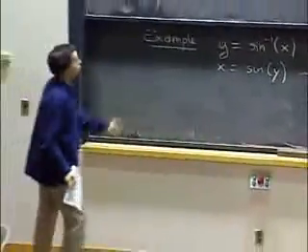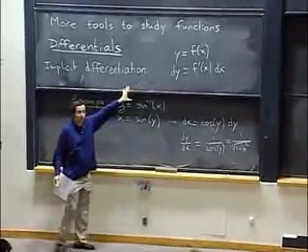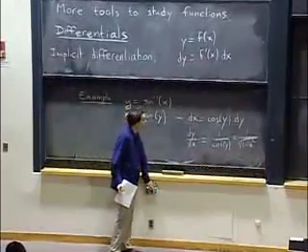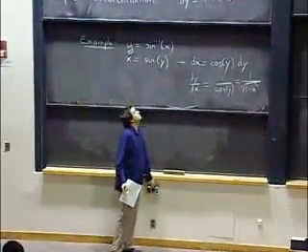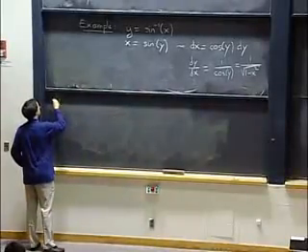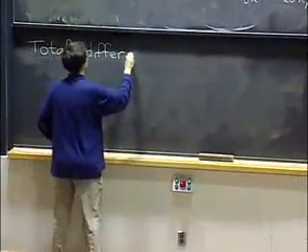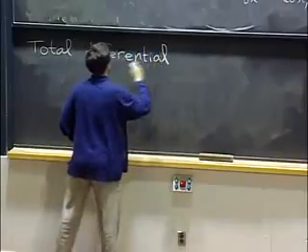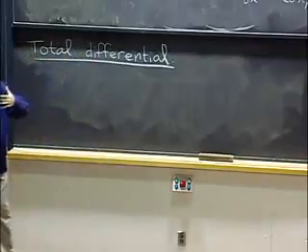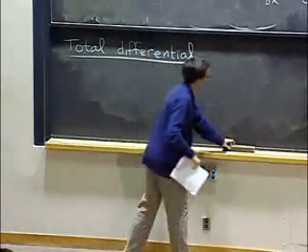Now we are going to use these kinds of notations, dx, dy, and so on, for functions of several variables. And of course, we'll have to learn what the rules of manipulation are and what we can do with them. The actual name of that is the total differential, as opposed to the partial derivatives, because it includes all of the various contributions that can cause the value of your function f to change.